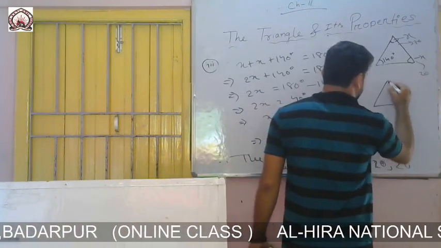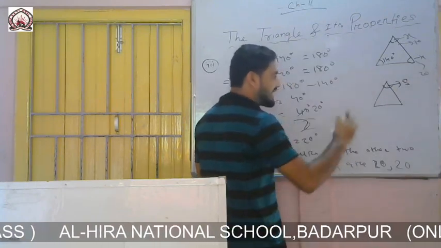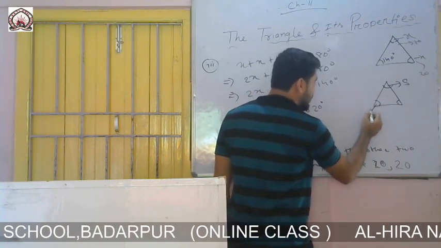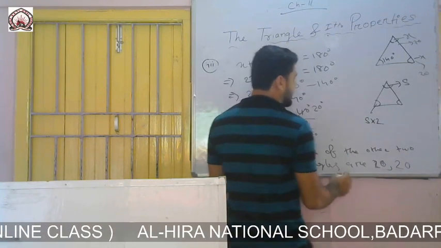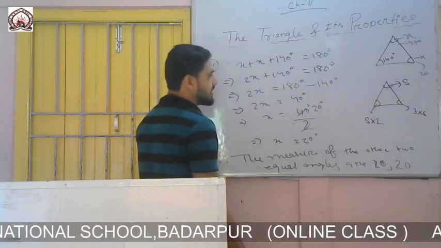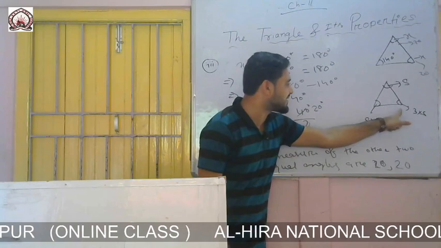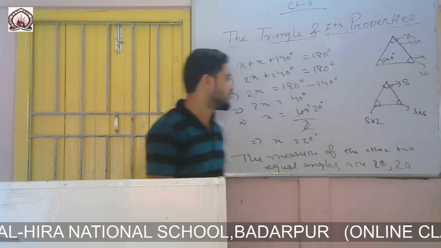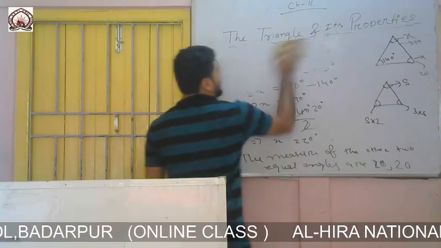Suppose I take an example, suppose this is the smallest angle, and the question is asked that the other two angles are: this angle is twice the smallest angle, and this angle is 3 times the smallest angle. Then we have to find the value of these three angles. That means the other two angles have been compared with the smallest angle. So just look at the blackboard. I will show how to solve.